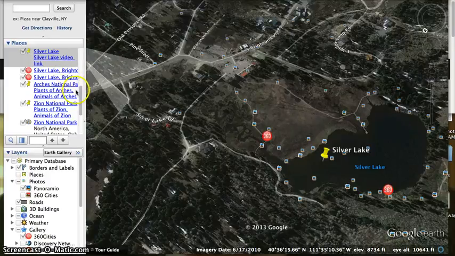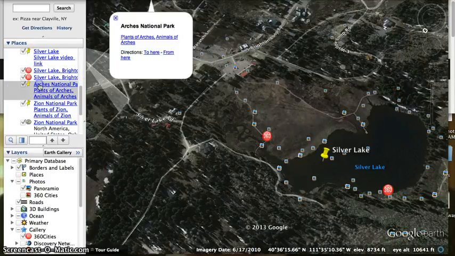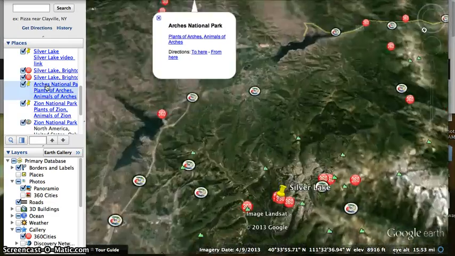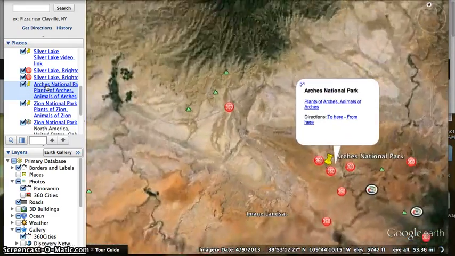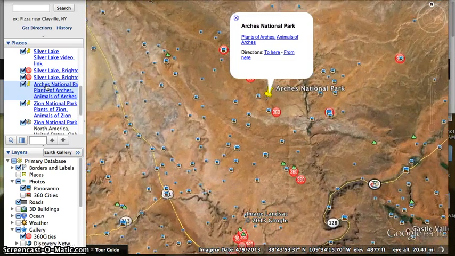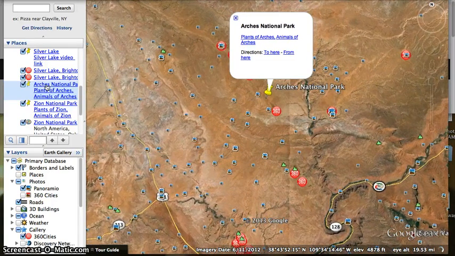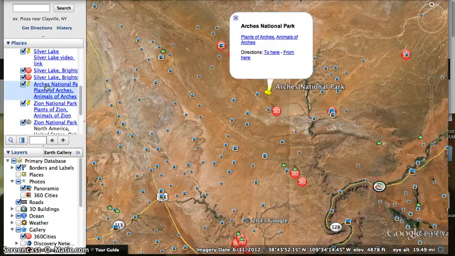Okay, the next stop on our virtual tour is Arches National Park, and I will just go ahead and zoom there. One of the things that will be a little bit different at this place mark is that students are going to do the same kind of thing and make predictions about wildlife, but not with as much background information. So at this place mark, students are again going to use the image overlay of the